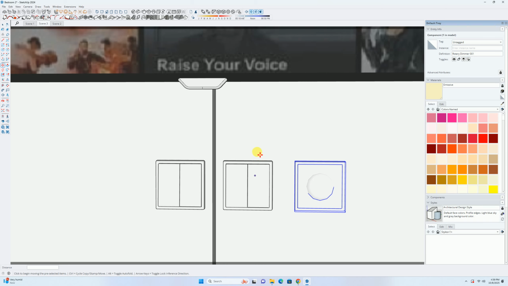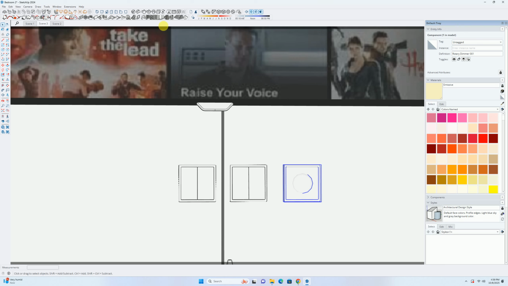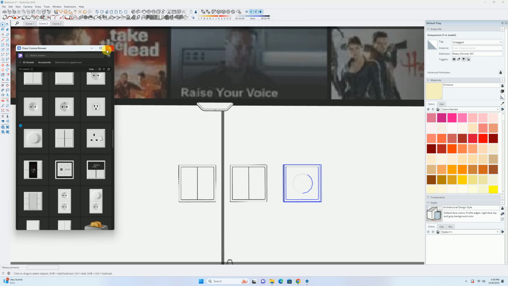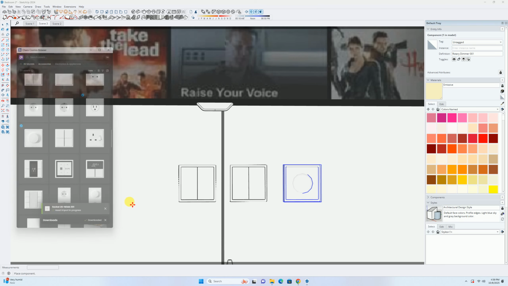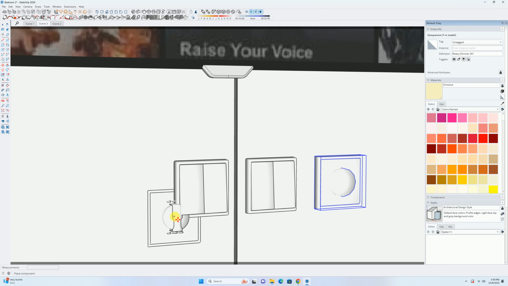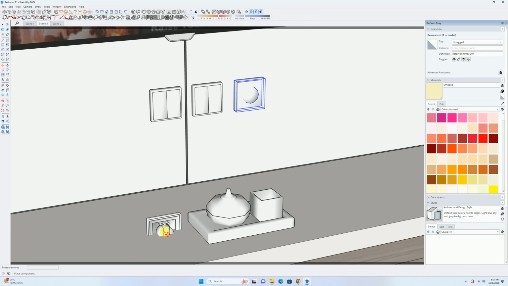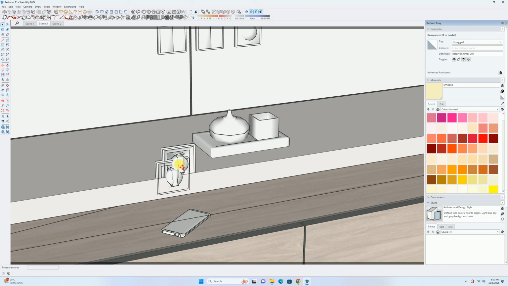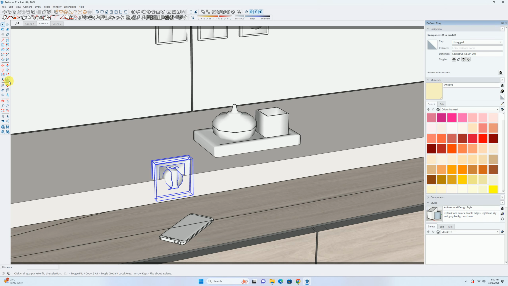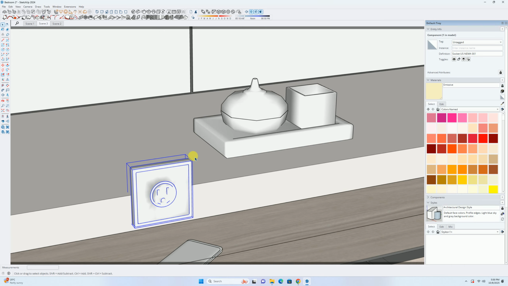Then we'll move it over, and I will stop it. Then we'll select it first of all.